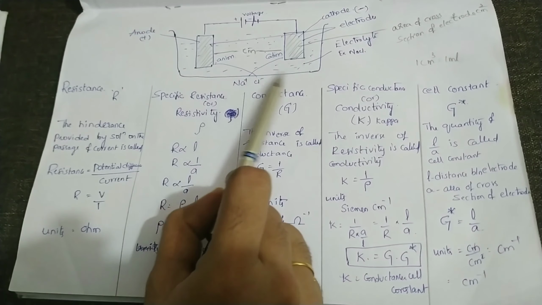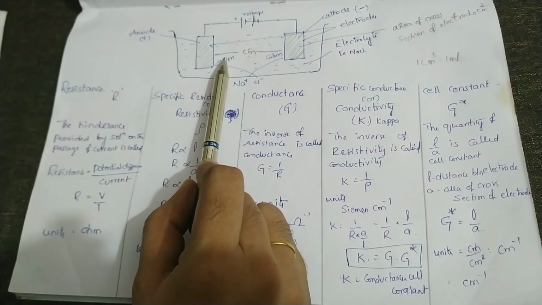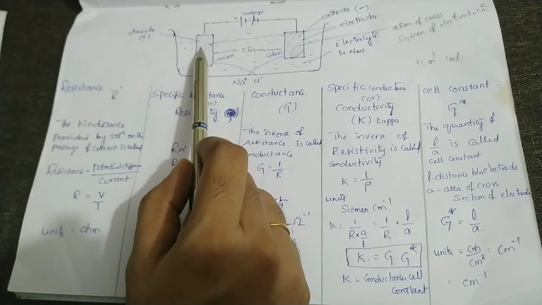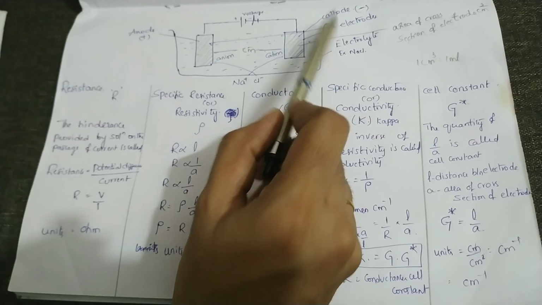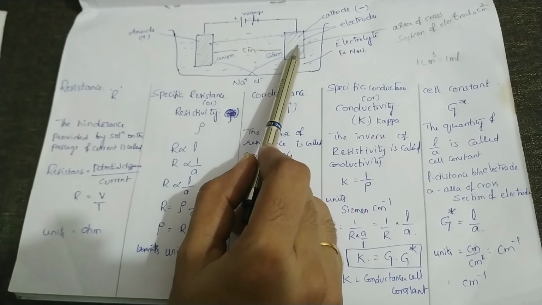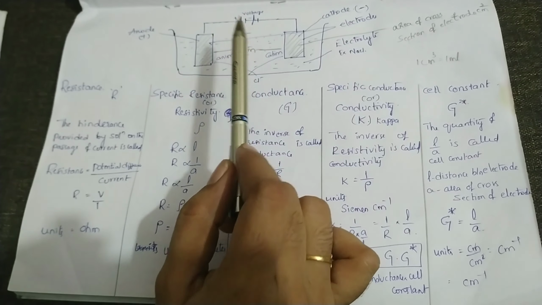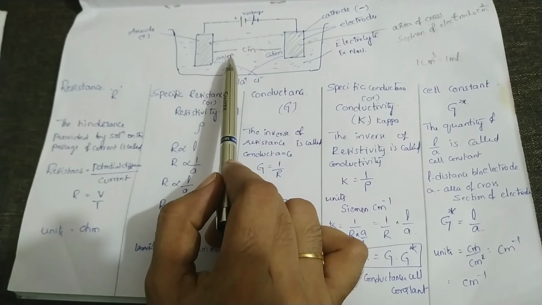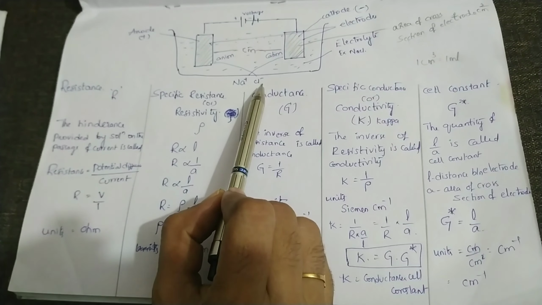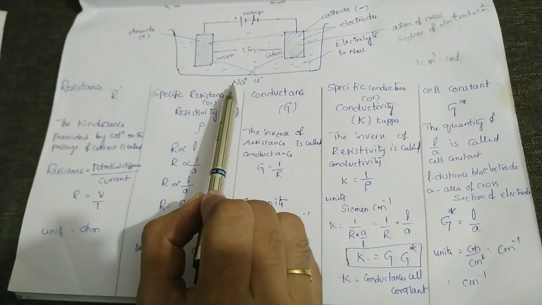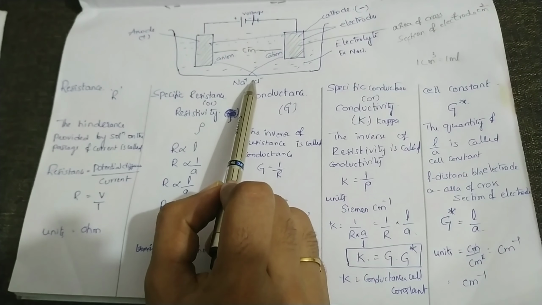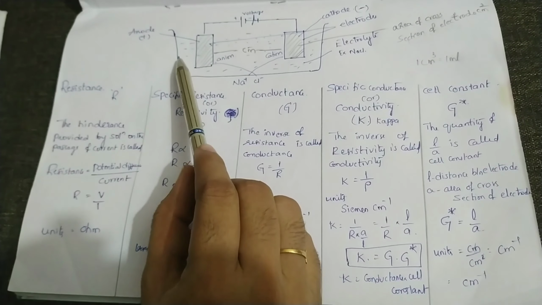In electrolysis, this is the beaker with liquid inside. In that liquid, you put two rods which are connected by a battery. These two rods are called electrodes. The positive electrode is called the anode and the negative electrode is called the cathode. For example, I am taking NaCl solution. In NaCl solution, the positive ions are Na+ and the negative ions are Cl-. The Na+ ion, that is the cation, migrates towards the cathodic electrode. The Cl- ion, that is the anion, migrates towards the anodic electrode.